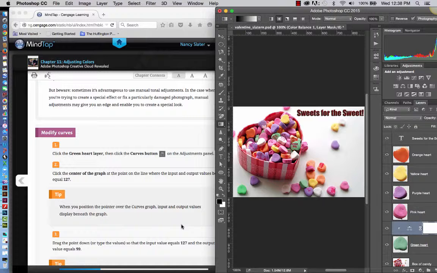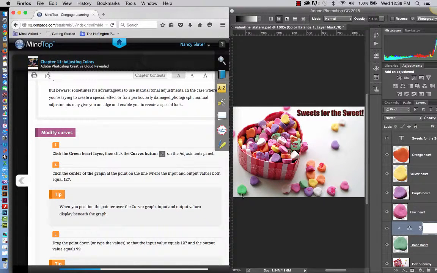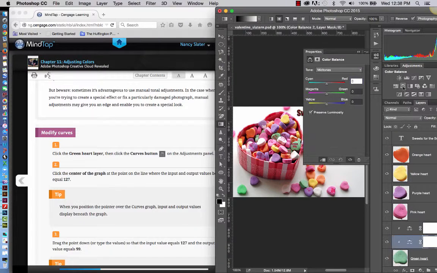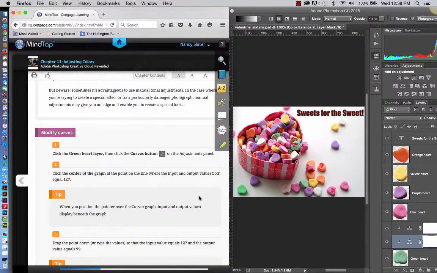All right, now we're going to work on modifying curves, and so again we're going to click the green heart layer, then we're going to click the Curves button on the Adjustments panel. We're going to click the center of the graph at the point where the line